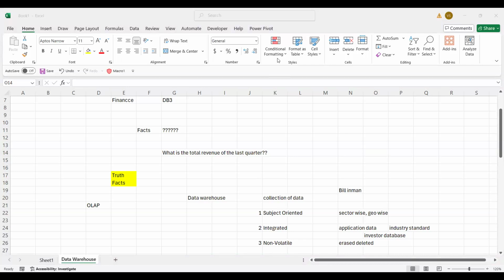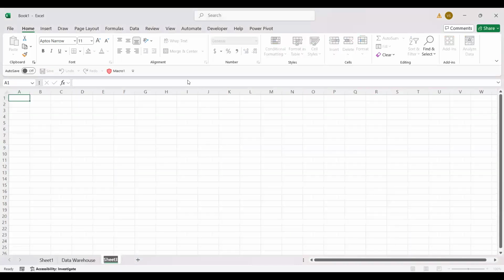You just sit back and relax. We are just discussing the theoretical perspective of what a data warehouse is in today's session. So there will be no complex task for you in this session, right? So if it is clear, and you don't have any question, we'll go to the next part, which is the structure of a